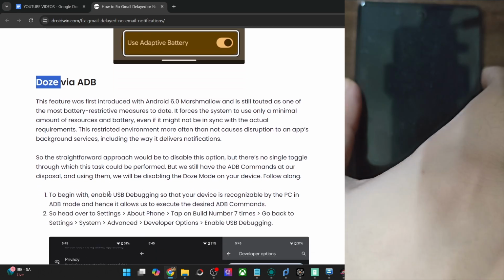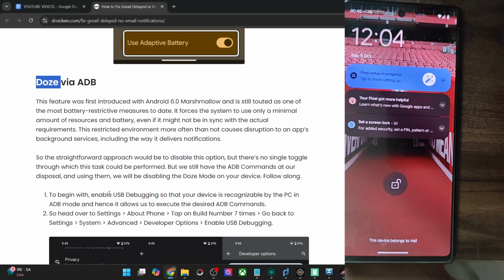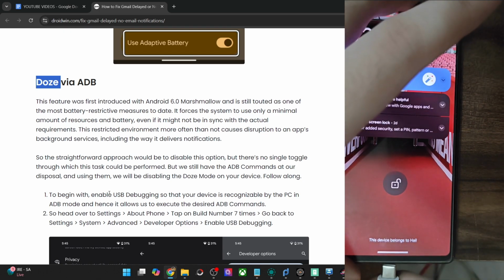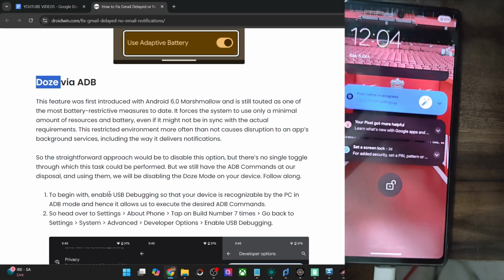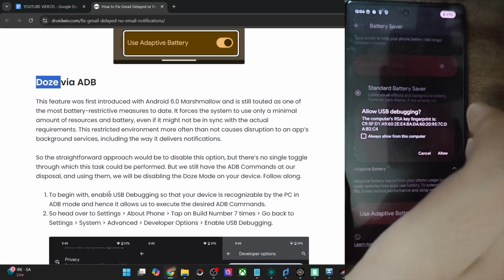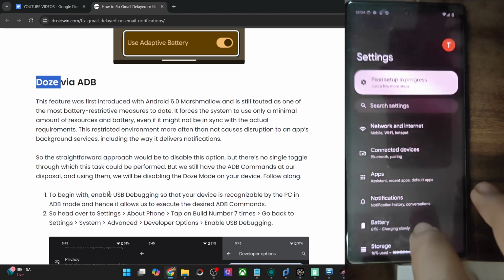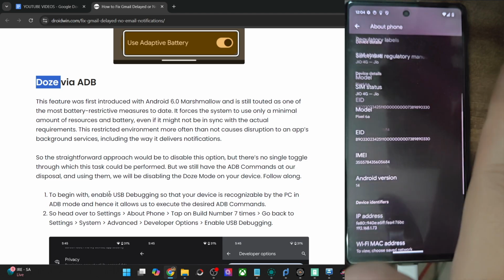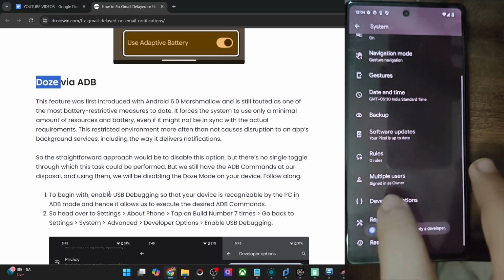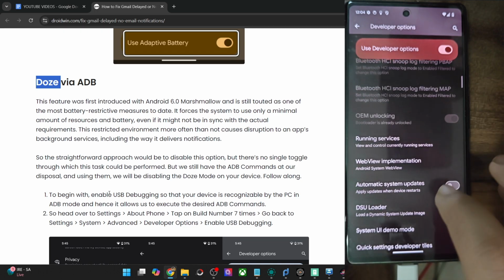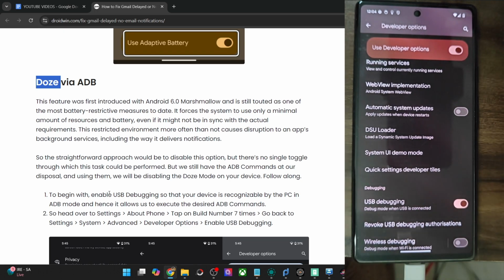So first and foremost, connect your phone to the PC via USB cable. So let me do that as well, and once that is done, which will take just a few seconds, now you will have to enable USB debugging on your phone. So go to the settings menu on your phone, then from there go to about phone, tap on build number 7 times, then go to system, developer option and enable the toggle next to USB debugging, and you will get a prompt. Tap on OK, and with this, debugging is enabled.